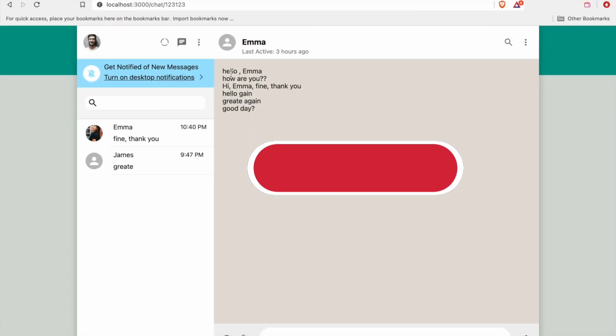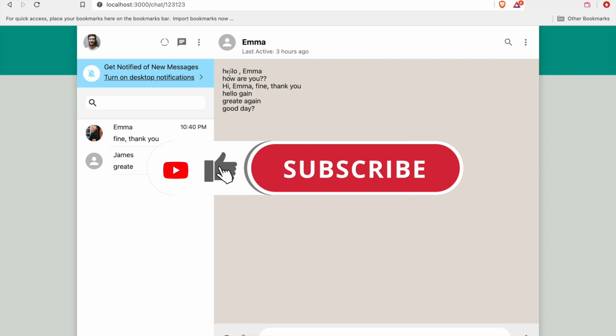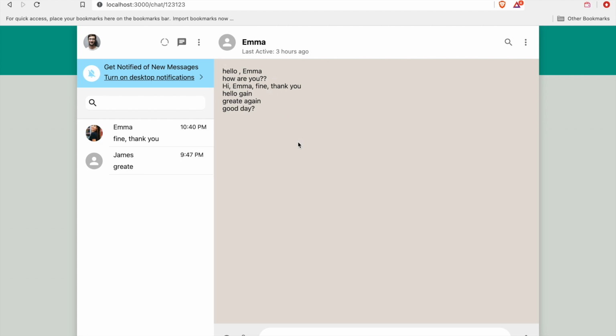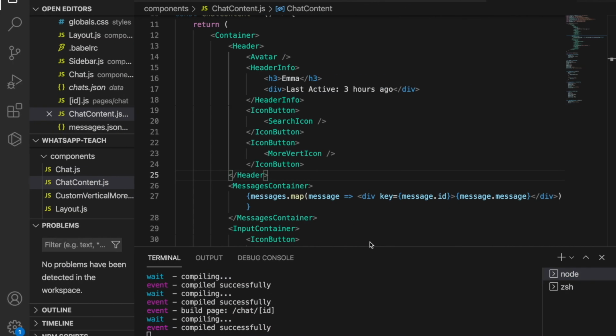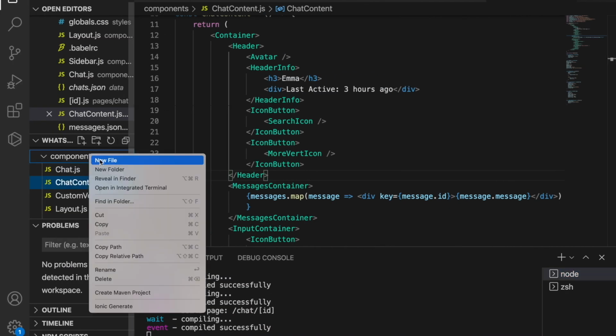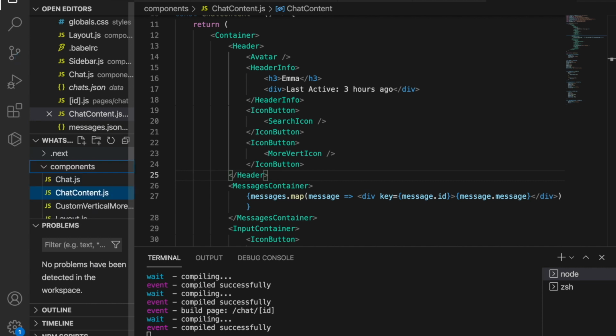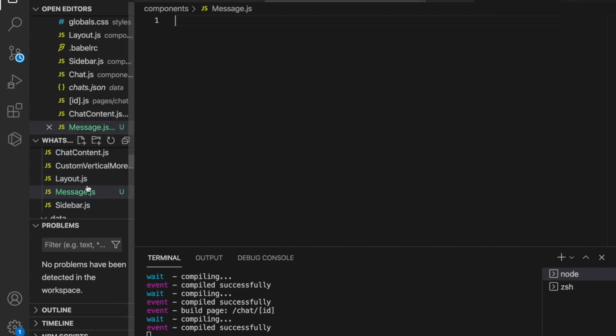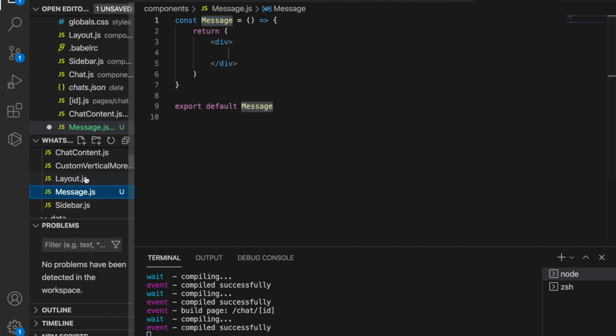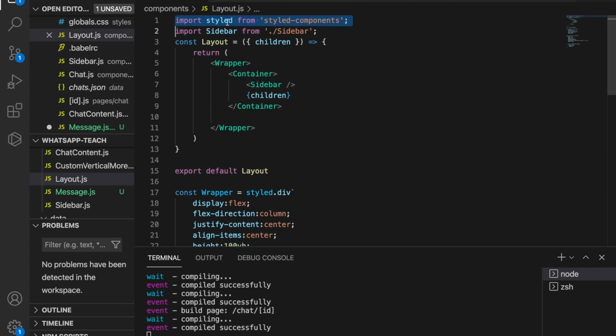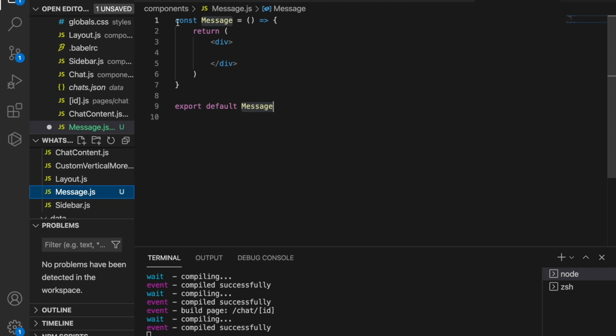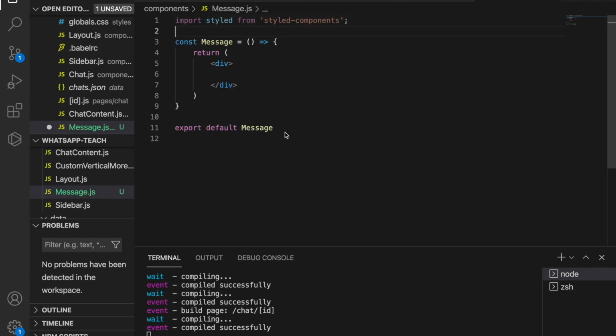In this part, we start creating the message bubble. So instead of showing each message line by line, we are going to put the message inside a bubble. So first, we are going to create a component called message.js. Later, we will use this message component to display the message. So we type auth, and then we also import the style component. So we import the style from style component, and then we create the container, and this just uses one declaration